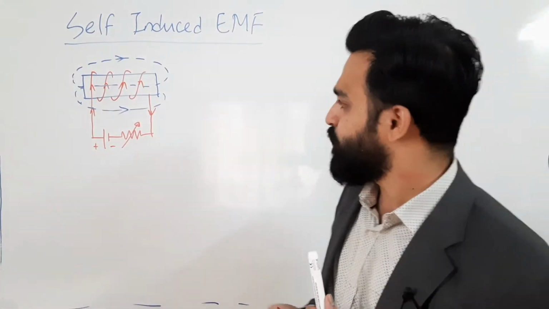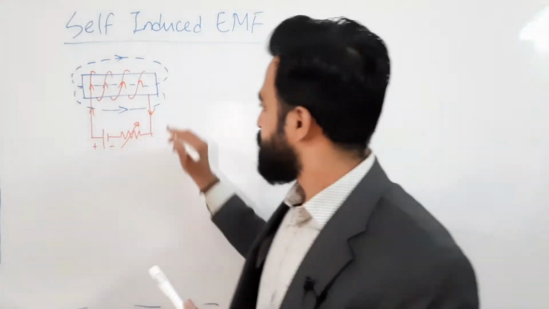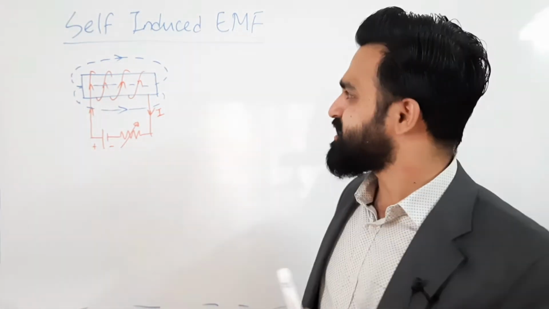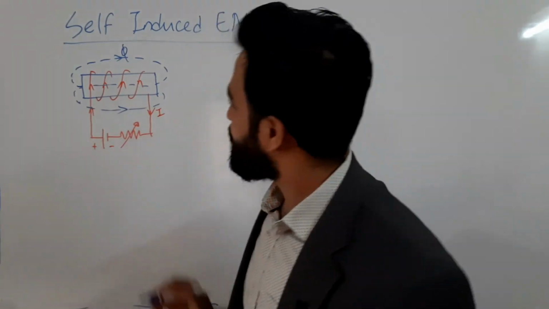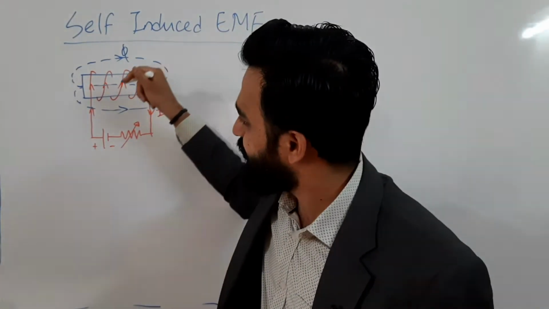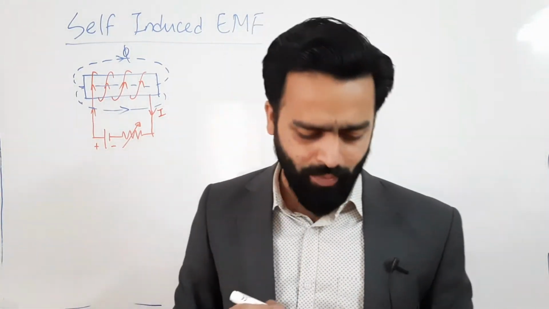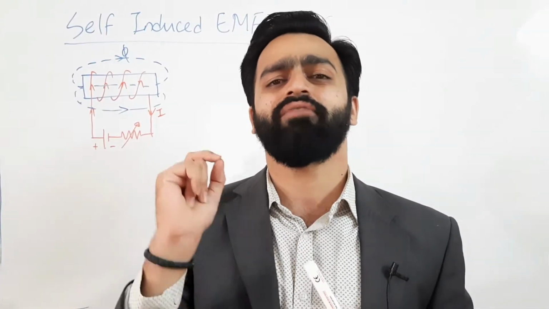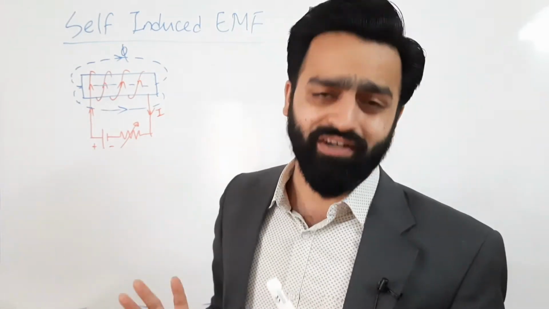Now when I vary this resistance, the current flowing through this circuit, suppose the current is I, is going to vary. And as current varies, whatever flux is being produced, this flux phi, will also vary. Now this flux is linking with the coil itself and it will lead to EMF induction. All of us know by Faraday's law, whenever there is a change in flux associated with a coil or conductor, EMF gets induced in the coil or conductor.